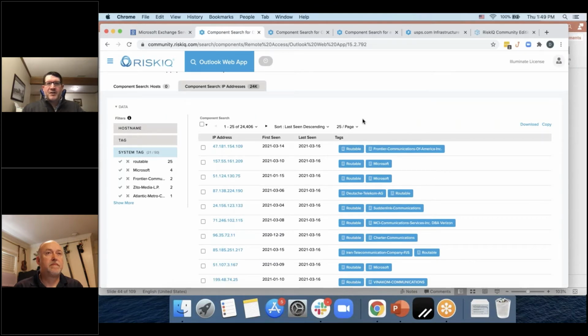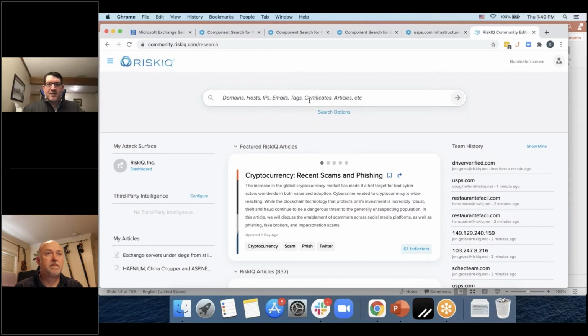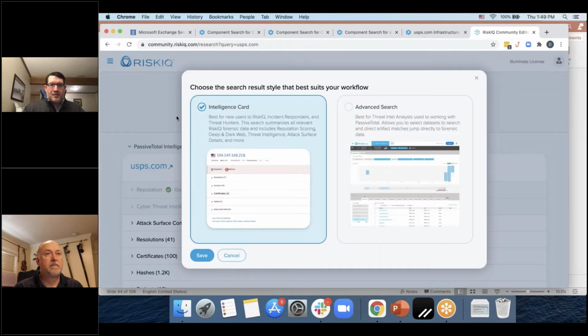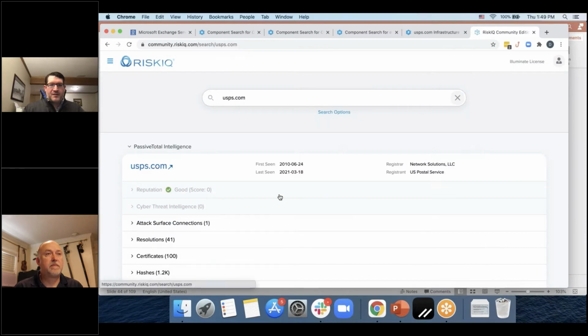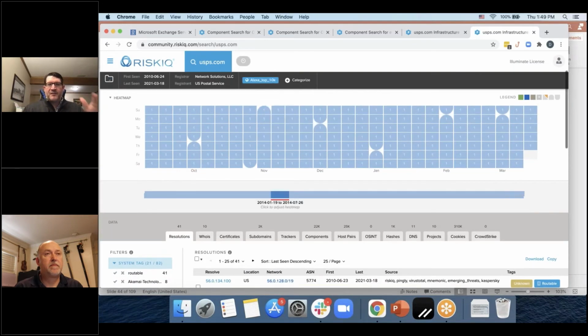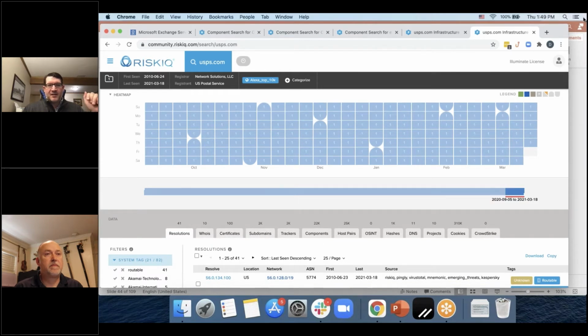But as I mentioned, components. Actually, let me back out of this and pick something else so you get a broader view. So you already had it up. Let's do this. From a data set perspective, for those unfamiliar with PassiveTotal, you're going to see a number of tabs where we parse that data into relevant fields, and you'll be able to pivot through them as well as across them.